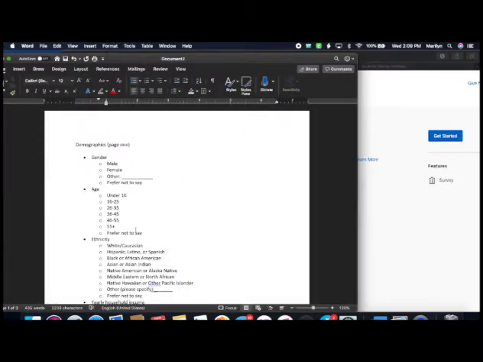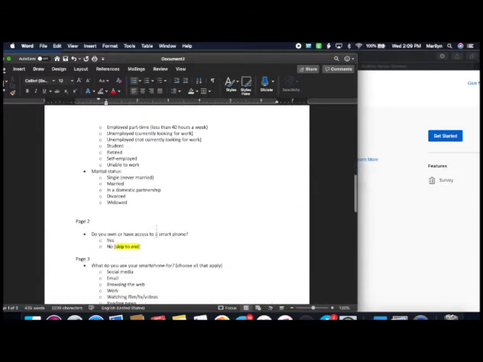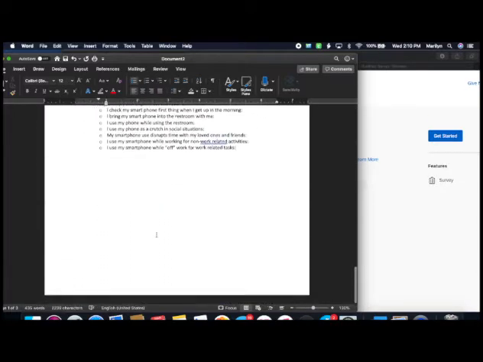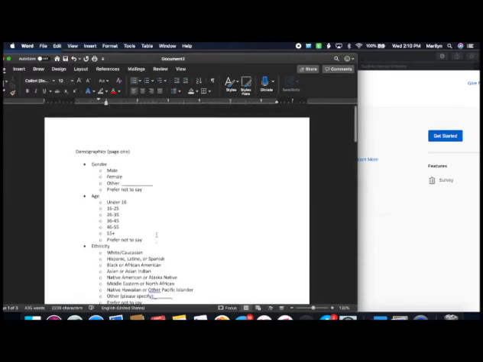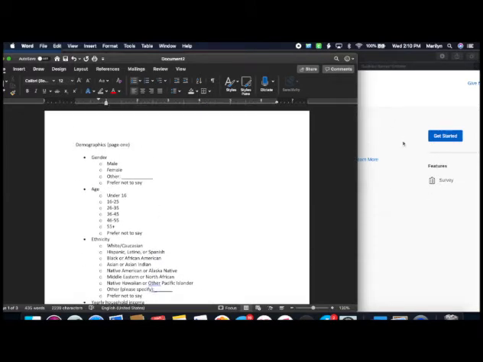I actually created and typed up all the questions that I want to put in my survey in a Word document first. This way I have something to guide me as I'm going through and creating the survey itself. As we talked about in class, one of the things you will want to make sure you're asking are demographics questions. As I told you guys in class, the reason for this is that a lot